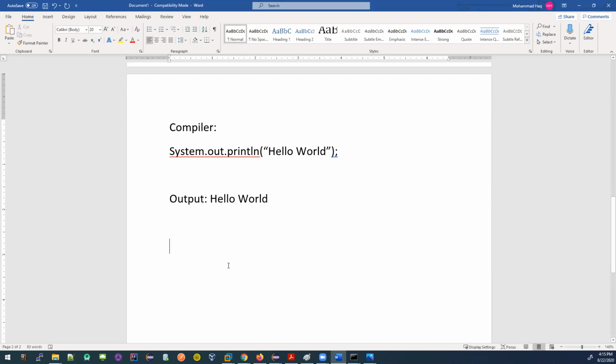First thing that happens whenever you're writing any code is that the code is called source code. This is your source code, right? Then this source code, Java has its compiler. It's called the Java compiler.